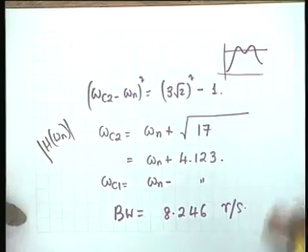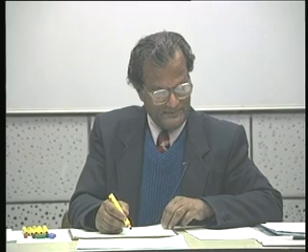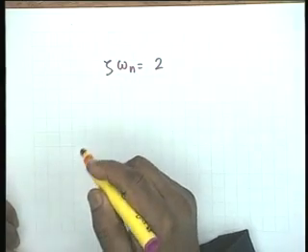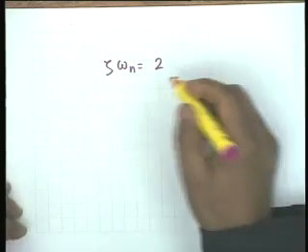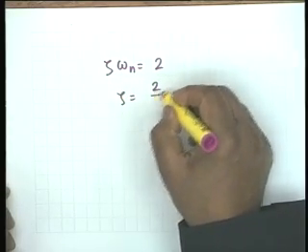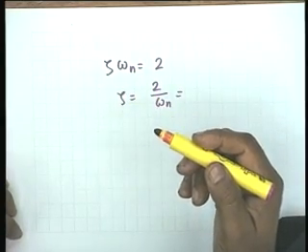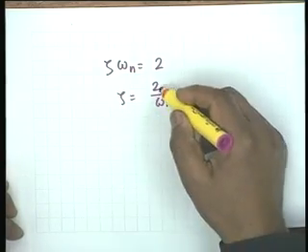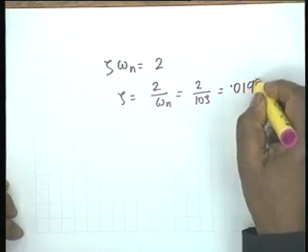Okay? Good question. The other things that you have to find out are, well, we can find zeta omega n is equal to 2. It's given. Zeta omega n is the distance of the pole from the vertical axis, from the j omega axis. Zeta omega n is 2, therefore zeta is equal to 2 by omega n. We need the value of zeta to be able to find the value of the constant capital A. So 2 by omega n is 2 by 103 and this is 0.0194.